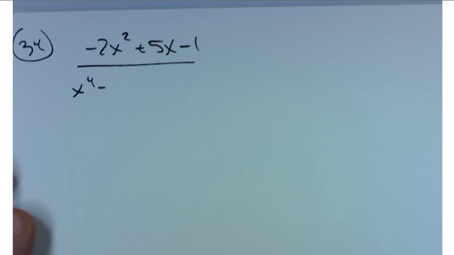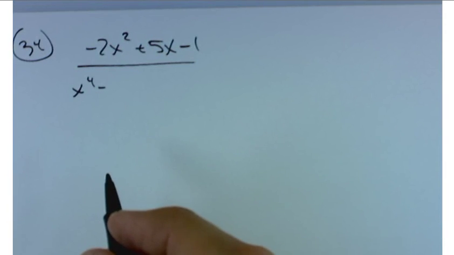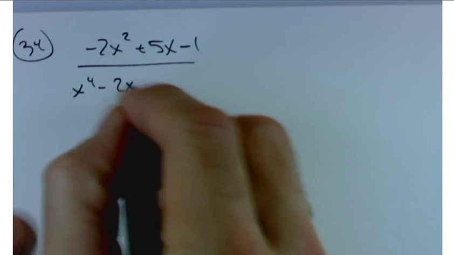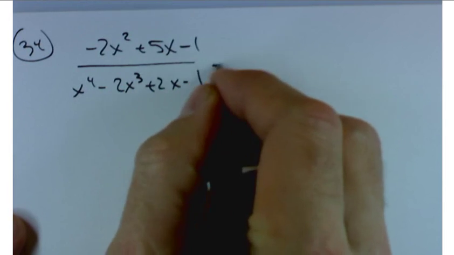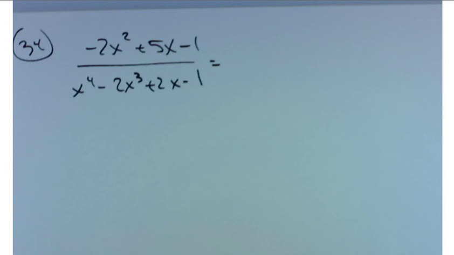X to the fourth, minus 2x cubed, plus 2x minus 1. And like I said, I'm going to use this as an excuse for review. I would not do all this to you on an exam problem. It'd just be way too much, over the top. So,